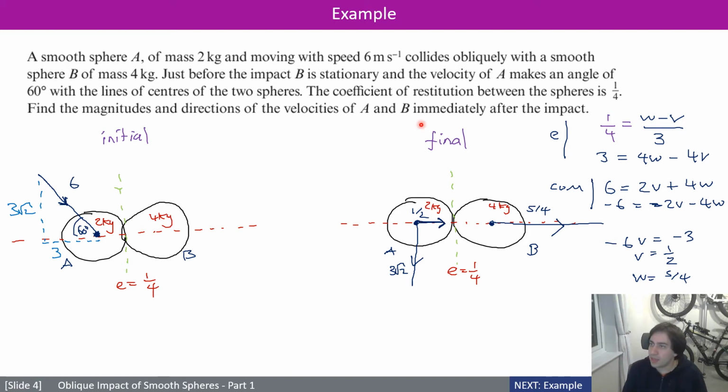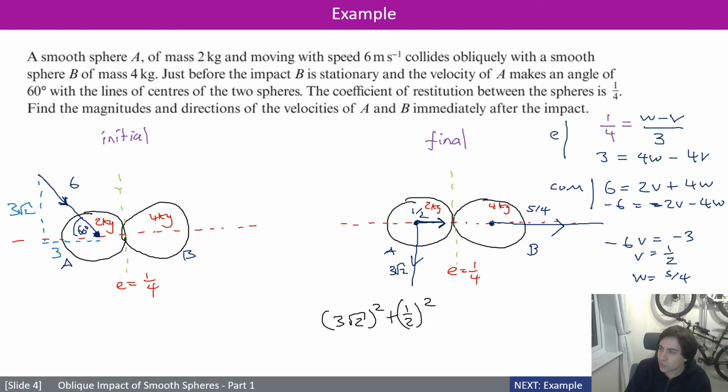So B, magnitude is 5 quarters. Direction is along the line of centres, would be the only way we could put it, right? We can't say it's moving right because we assumed the line of centres was horizontal. It may not be. So we have to refer to the original reference points. So B is a speed of 5 quarters along the line of centres, and A is going to have a magnitude of